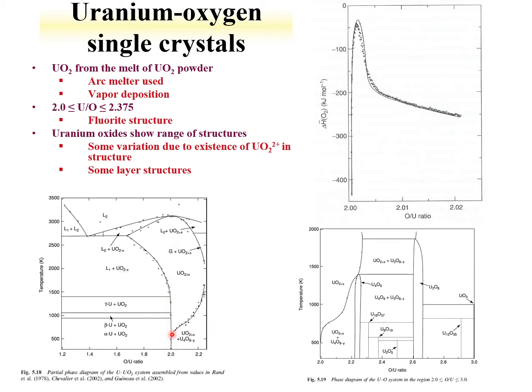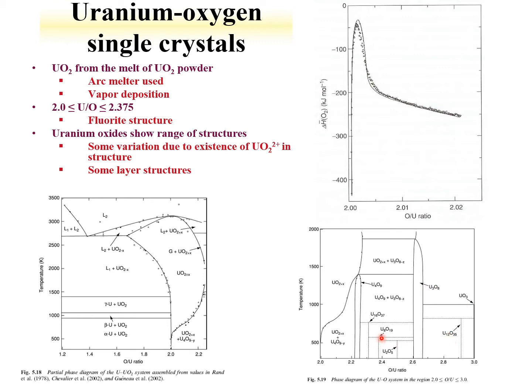And then as we start getting higher in oxygen, we start forming some different species. Here's a U4O9-y. Here's the higher ratio here. We see that we have U3O8 formed, UO3,